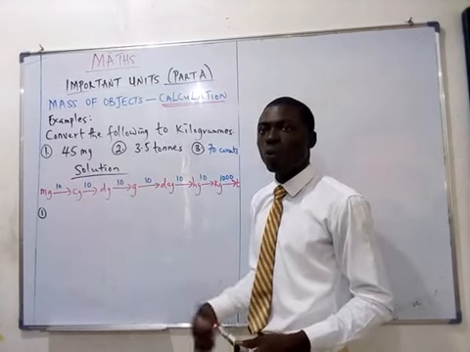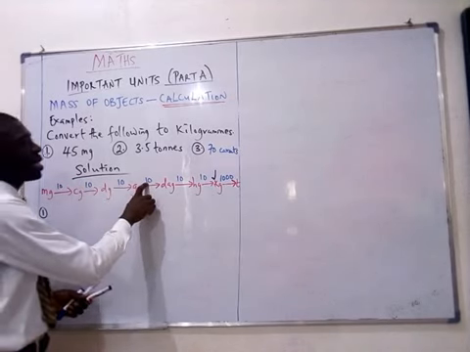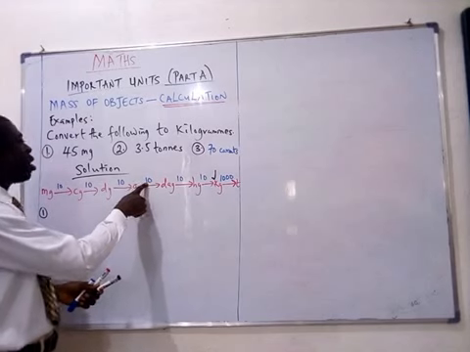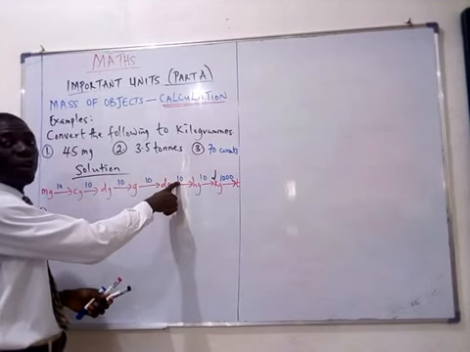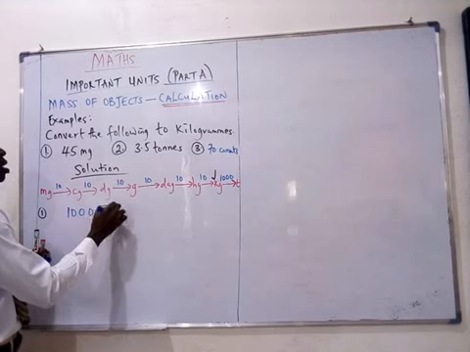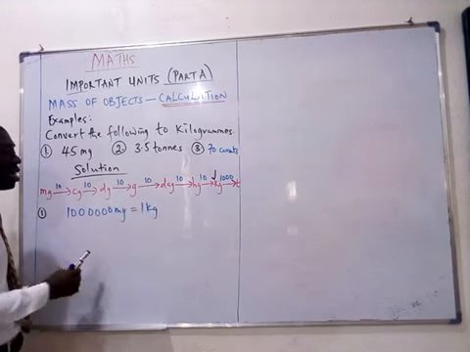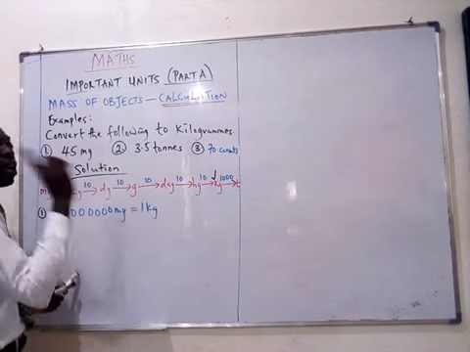From here, 10 times 10, you get 100. 100 times 10, you get 1,000. 1,000 times 10, you get 10,000. 10,000 times 10, you get 100,000. And then 100,000 times 10, you get 1 million. So what it means is that 1 million milligrams will give you only 1 kg. Or you can simply say that 1 kg is equal to 1 million